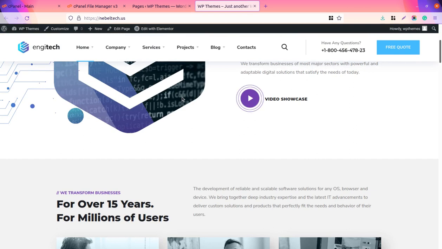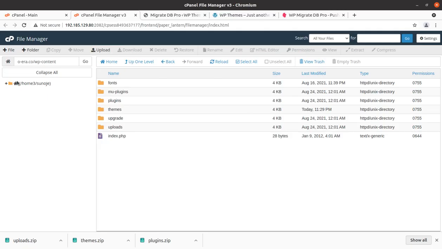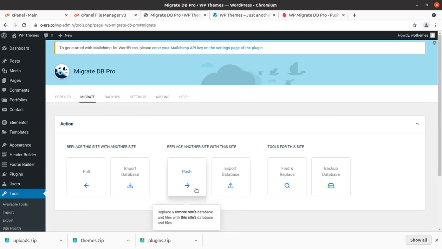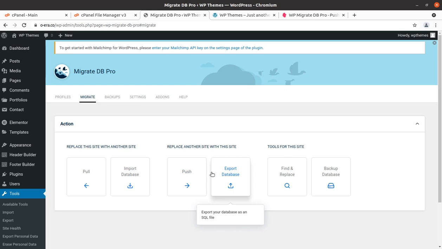So an important thing to note is that we have not created the database here. We have simply pushed the database from this website using this push option, and it is really great. I cannot believe how it worked, and it is amazing, in fact.